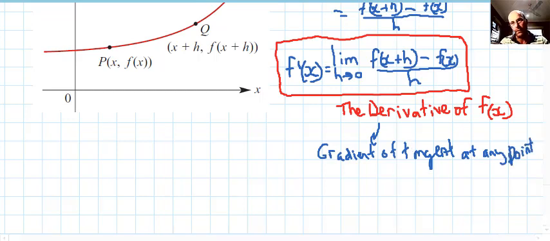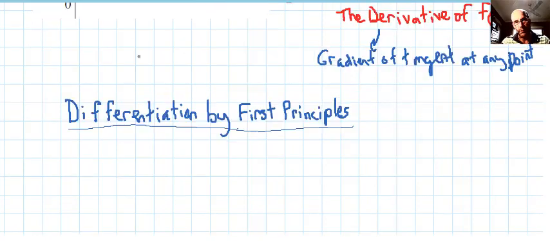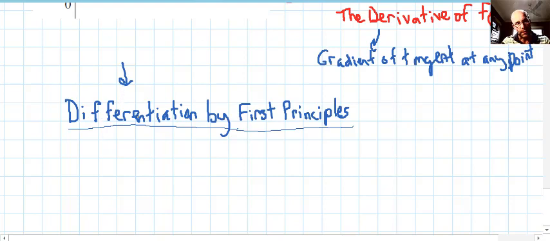Okay, so for any value of x, provided the function is continuous, and for polynomials, which we'll deal with first, they are continuous. Now the process of finding the derivative is called differentiation. Okay, so we're going to use a process called first principles now, which is the long way, but you need to understand it because you can't understand what a derivative is unless you know this first principles. We will learn a rule soon, probably in the next video, that streamlines this, but first principles assists our understanding,